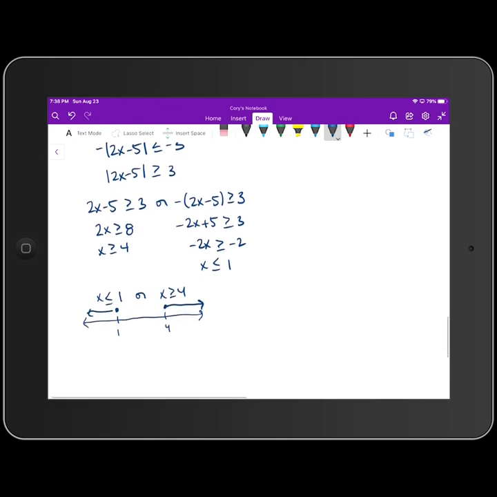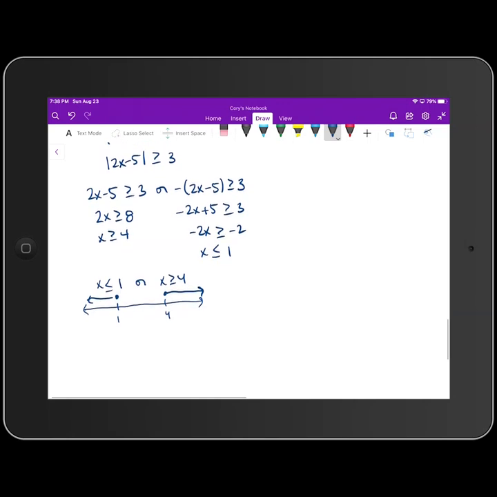extends to the right. If I want to write that solution in interval notation, there are two intervals here. The first one is from negative infinity to 1. Because 1 is a solution, we close that part of our interval. So we're going to use a bracket at 1, and then we're going to union that with the interval from 4 to infinity. Again, we have to bracket the value at 4 because 4 is a solution to that second